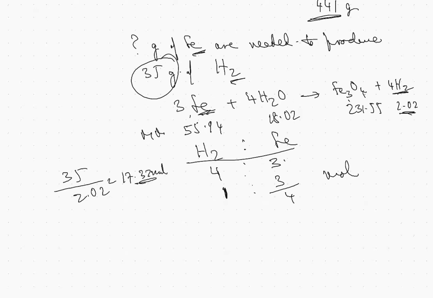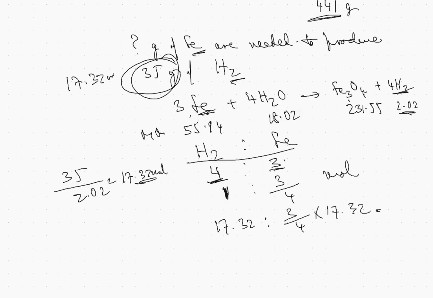Now this ratio: to produce 4 moles, we need 3 moles. For 1 mole, we need 3/4. So for 17.32, that means 17.32 divided by 4 times 3. I get 12.99